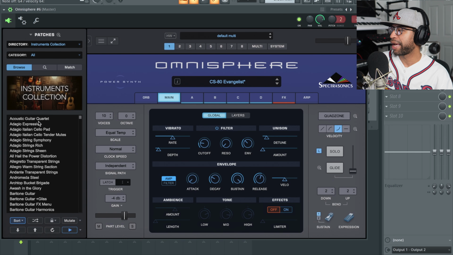But now they have different kinds of cellos and all kinds of stuff. So like this right here, this Adagio String Symphony,